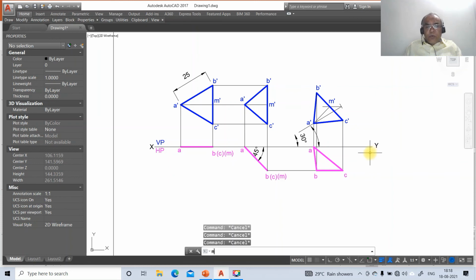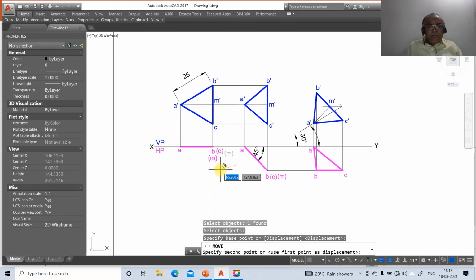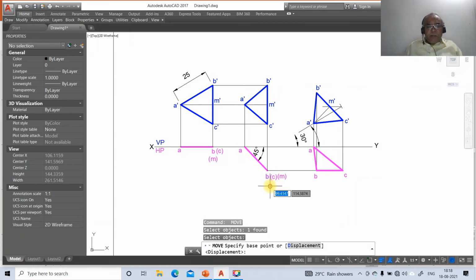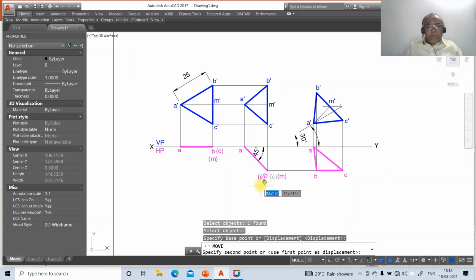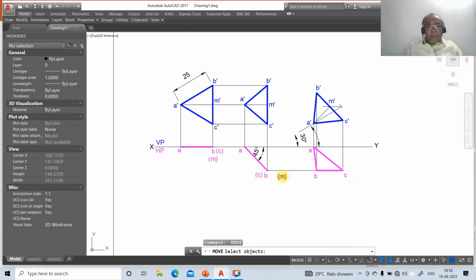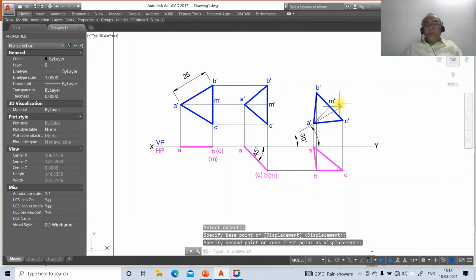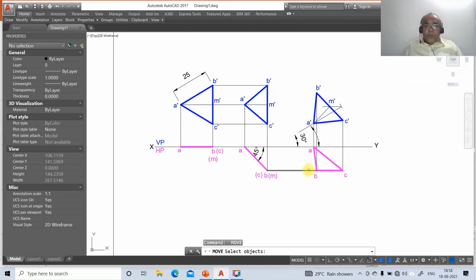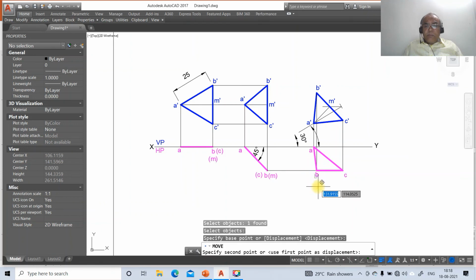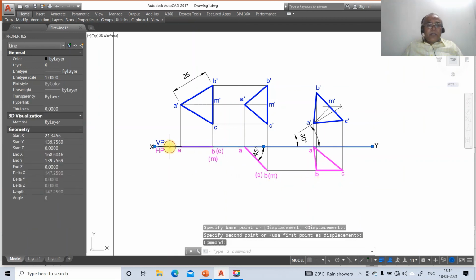Then go to move. So here A, B, C, and M. Then you take A, then you take B and C and M. So now you need to here you just move A, B and C. So this is how you will be able to create the drawing.